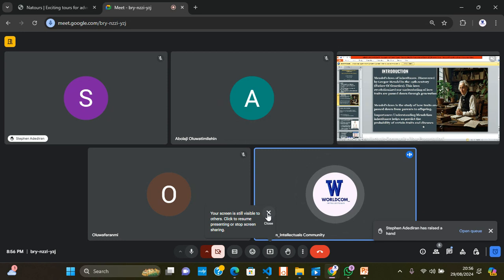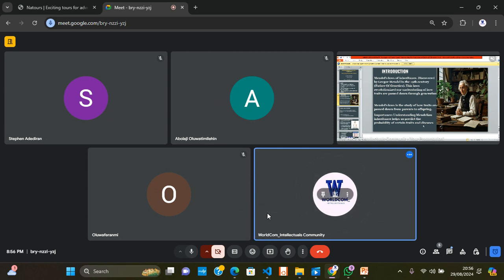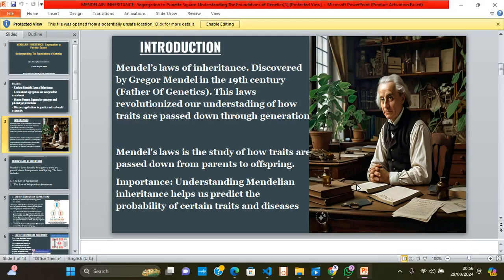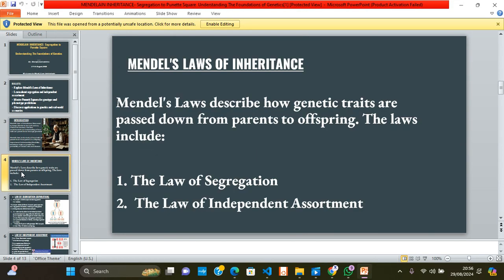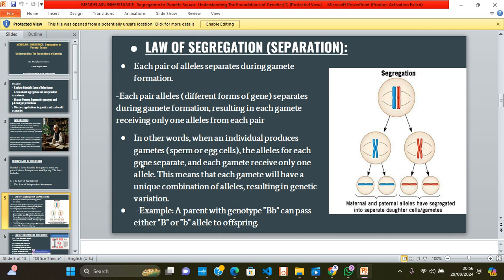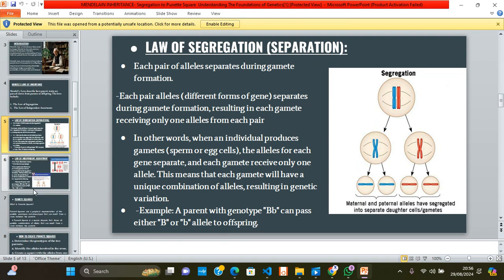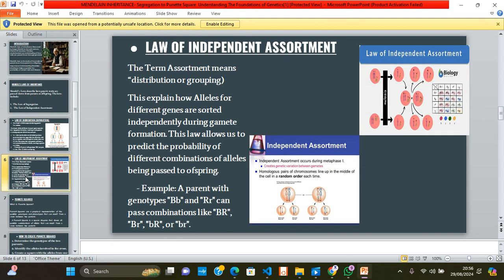So the second question is: the word assortment, it means what? The word assortment is what? Can anybody remind us? Okay, the word assortment,